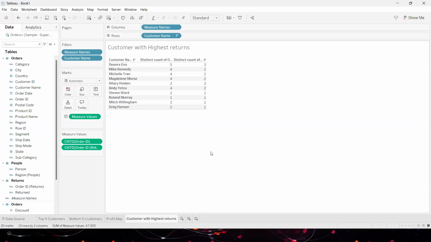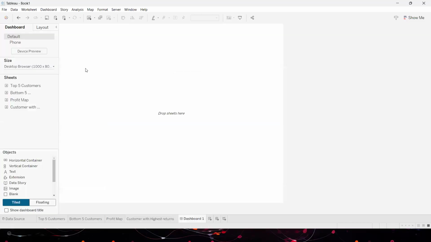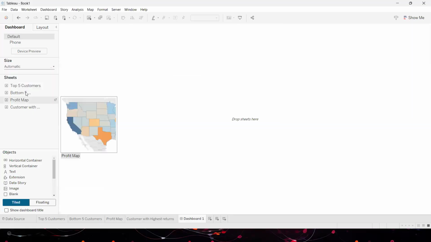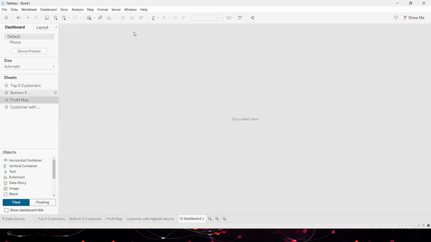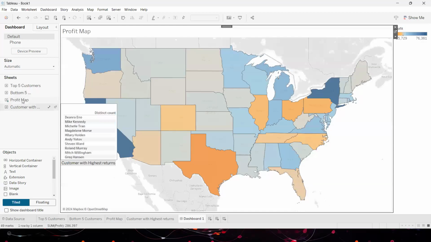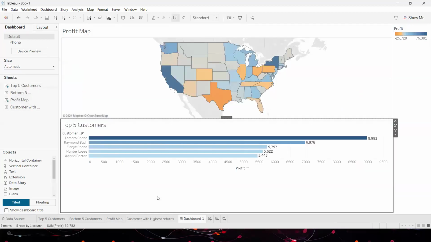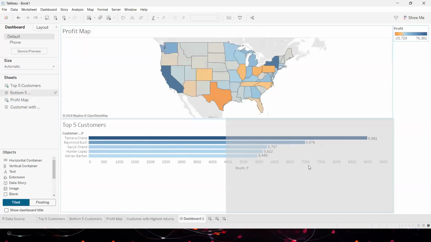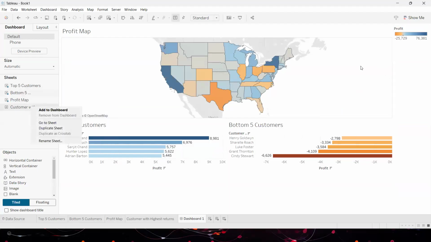Okay, now let's go ahead and see how to create a dashboard with all of this. I'll click on this icon for creating a dashboard, and I will simply assemble all these graphs together. So maybe the map first. Then I'll show the top 5 customers as well as the bottom 5 customers and these people who are returning most of the orders.